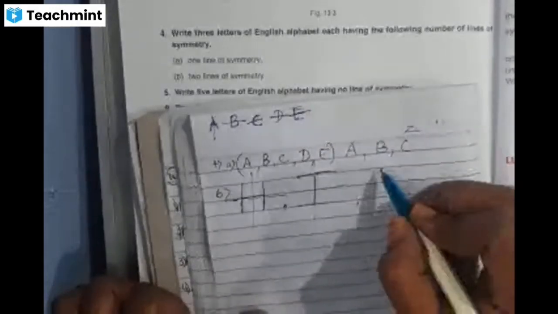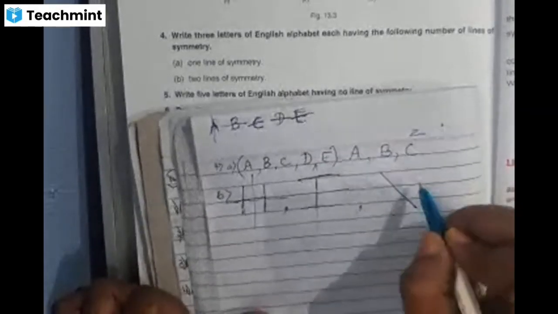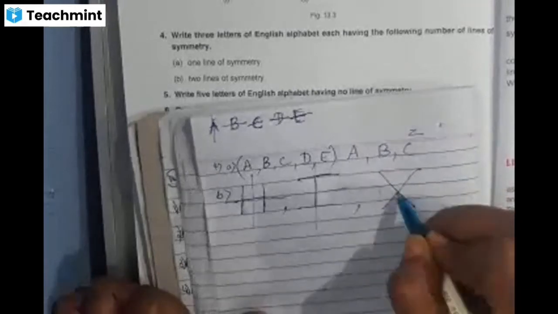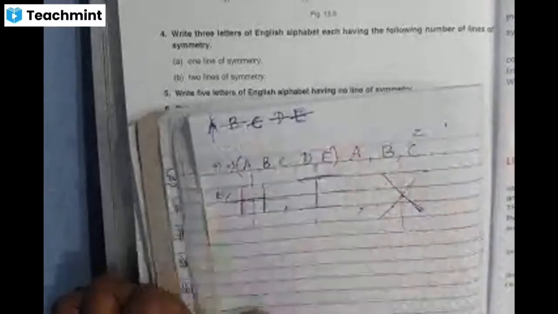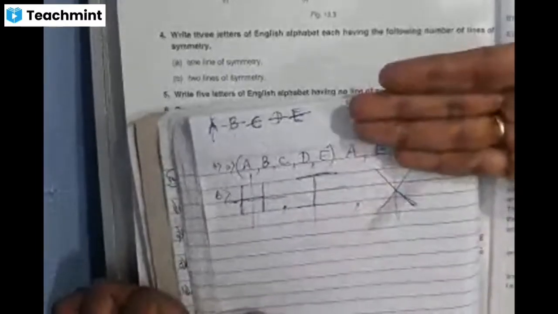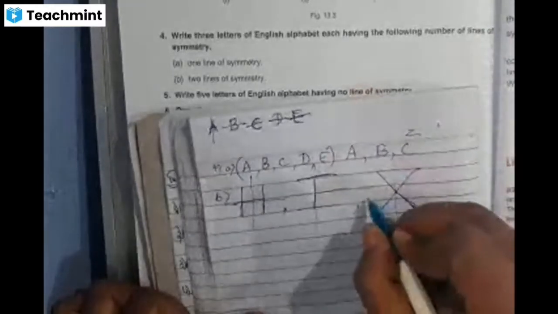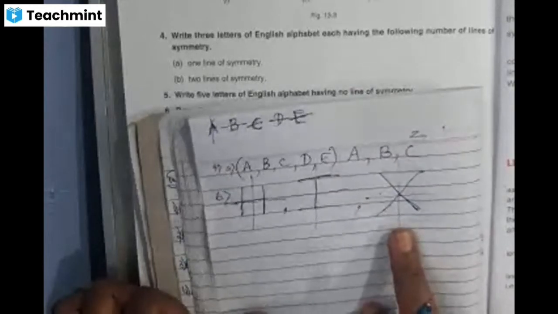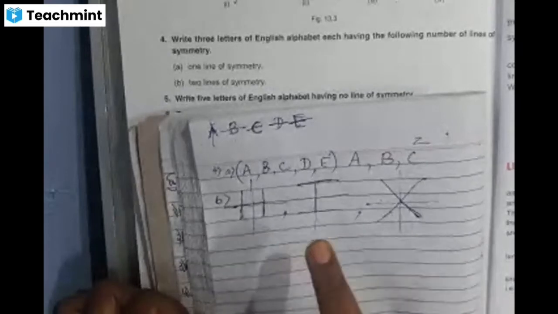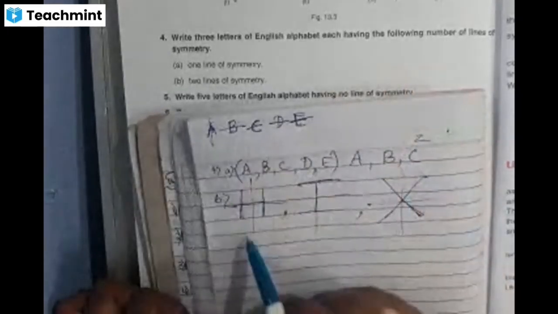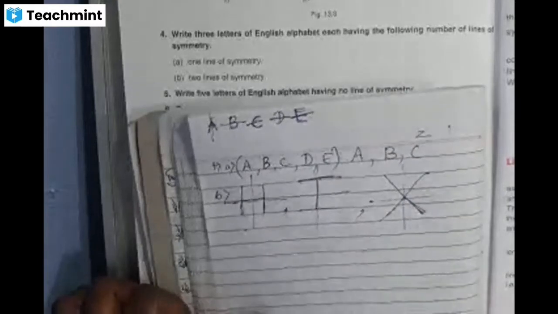Then the letter X here. If I take the letter X, children, when I fold it like this vertically, I get this part is going to coincide here. If I fold from the above part to the below part, again I get one line of symmetry. So I get totally 2 lines of symmetry here. Therefore, the letters in English alphabets where you get only 2 lines of symmetry are H, I and X.